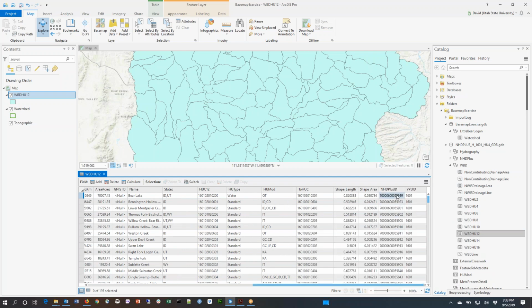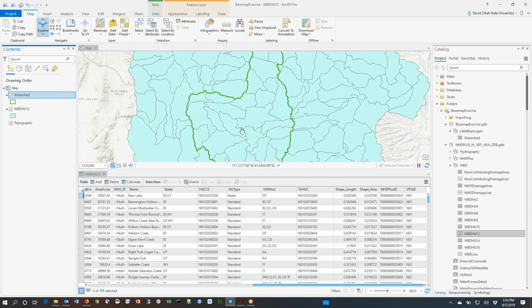There's an NHDPlus identifier, so this is a unique identifier associated with the NHDPlus system, and the shape area and shape length were computed from the geodatabase, and again in the latitude and longitude coordinates, so not very meaningful. We want to find the subwatersheds that are at the level HUC 12 that belong to this watershed here. So if I bring this up on top, you'll see there's there, and we want to find